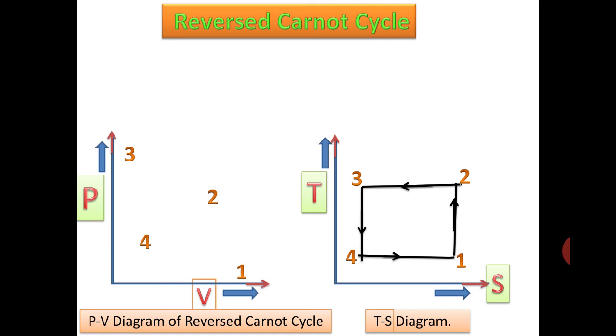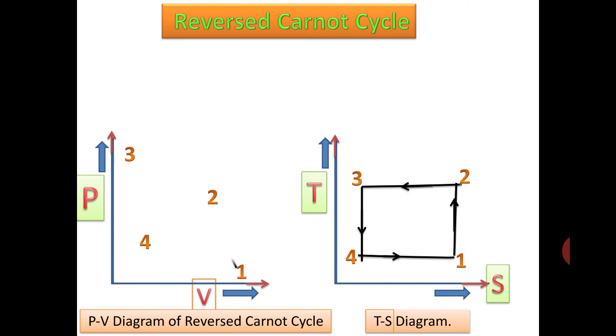So we are going to study the reversed Carnot cycle. The reversed Carnot cycle here is plotted on the PV diagram and the TS diagram. And what are the various processes in the reversed Carnot cycle? Let us study. We have already seen that the reversed Carnot cycle is a reversible cycle, because each and every process in this cycle is reversible. All the processes are ideal, they are not practical, therefore the cycle is also ideal, it is not practical, but it is very useful as a reference, as a standard. Therefore we must study this cycle, that is the reversed Carnot cycle.